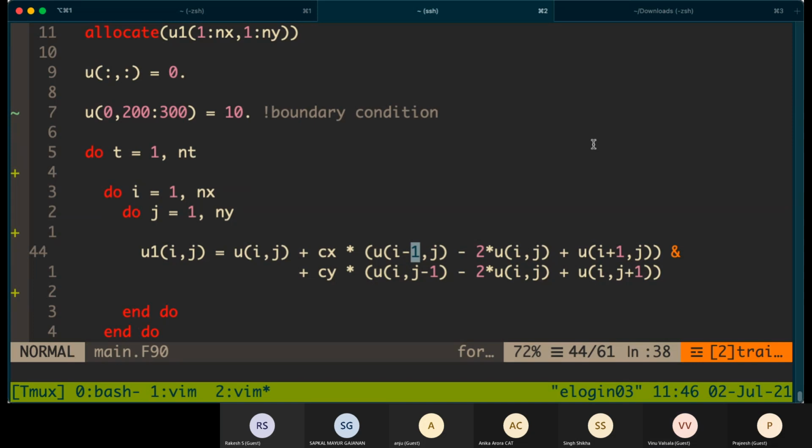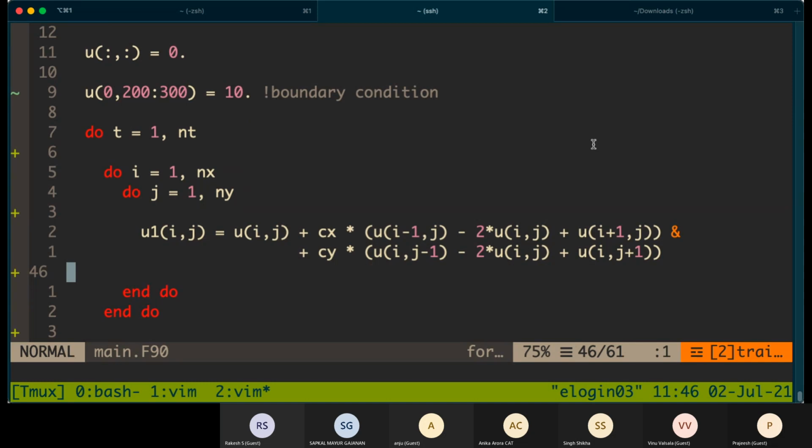This is known as the halo. So here I only need one halo. In some cases, if you're going for a higher degree solver, you might need more boundary points, 2 or 3. In that case, you'll need to put halo as 2 or 3.